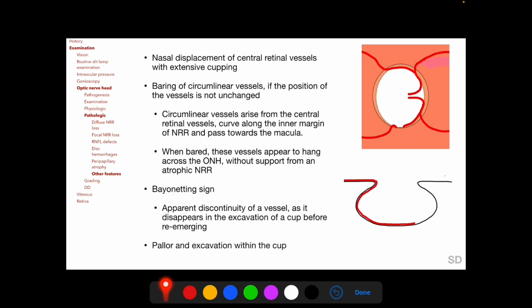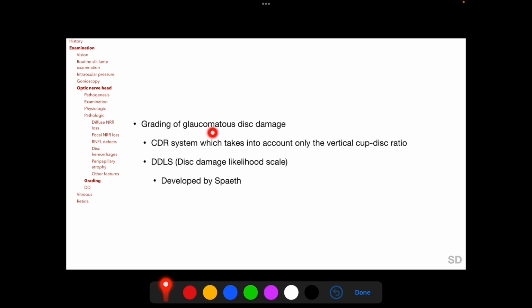In the bayonetting sign, there is an apparent discontinuity of a blood vessel as shown here in this diagram, as it disappears in the excavation of an enlarged cup before re-emerging at the visible margin of the optic nerve head, thus appearing like a bayonet of a rifle. So nasal displacement of central retinal vessels, baring of circumlinear vessels and bayonetting sign are said to be the vascular signs of glaucoma. Glaucomatous disc damage can be graded either with the cup disc ratio system, which takes into account